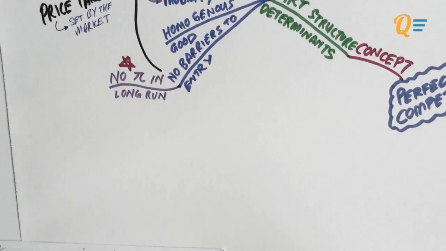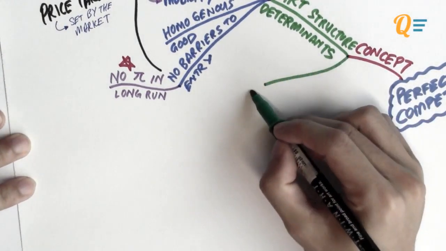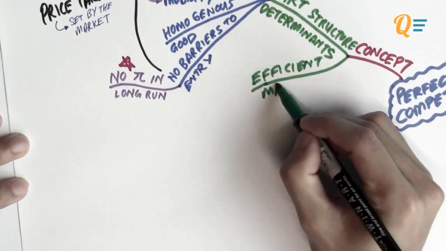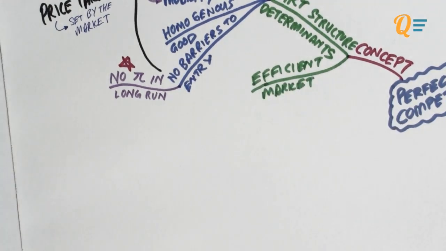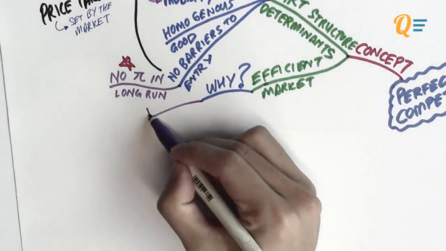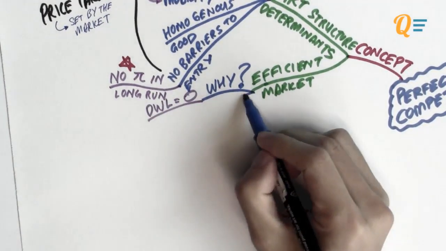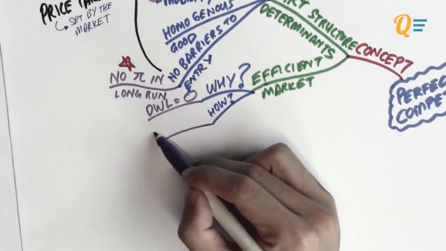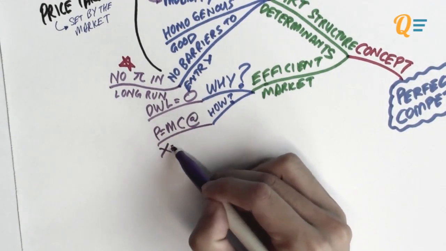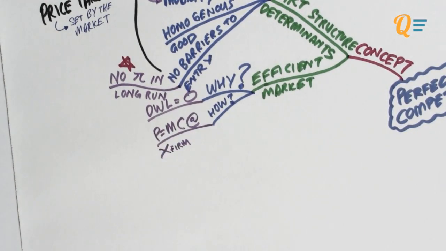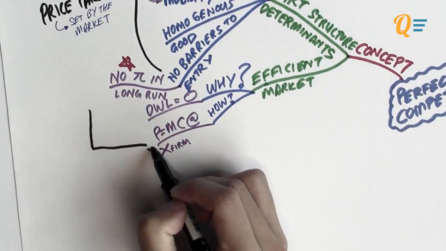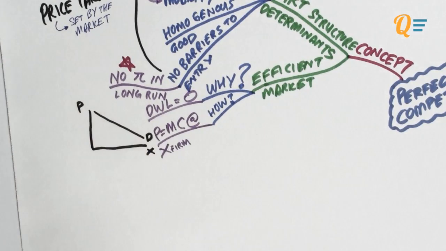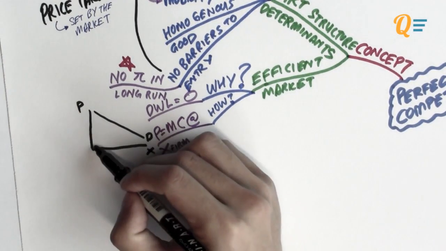Another important fact about the perfectly competitive market that you have to remember by heart is that it is the most efficient market structure out there. So the one question you have to ask is, why is it efficient? Well, that's because the deadweight loss is equal to zero. How this is achieved is that at whatever quantity each firm produces, the price is always equal to the marginal cost. And this price equals marginal cost creates an efficient market.